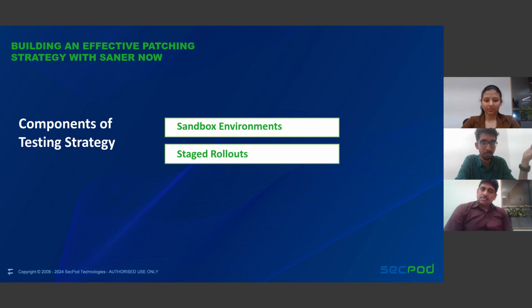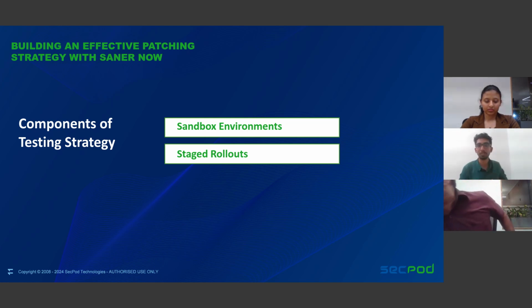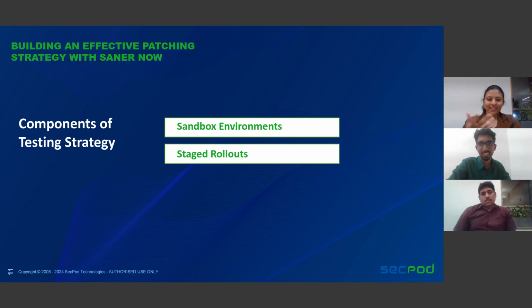If it does perform well in test patch number one, you slowly expand it across to the devices within your entire organization. But if issues do come up in the first testing systems, you've caught the problem right at its root. You've nipped the problem in the bud, and it has only affected a small subset, not everyone. So you can go back to the drawing board, go back to your sandbox, and test out some more. Yeah, it's such a smart way to minimize risks,